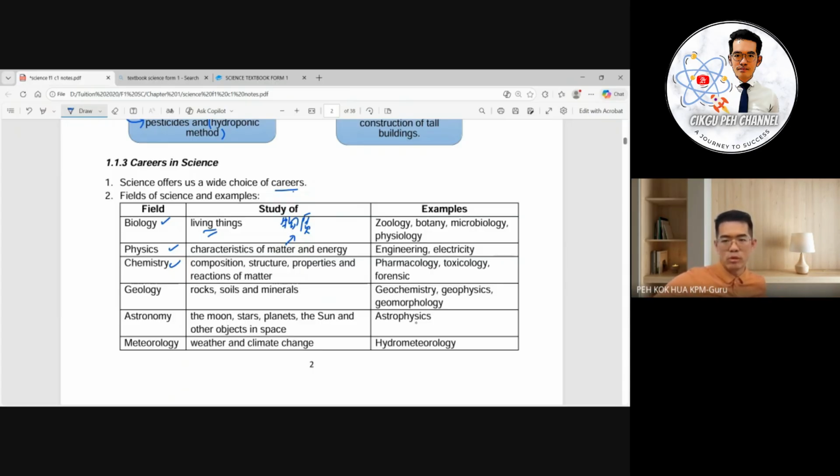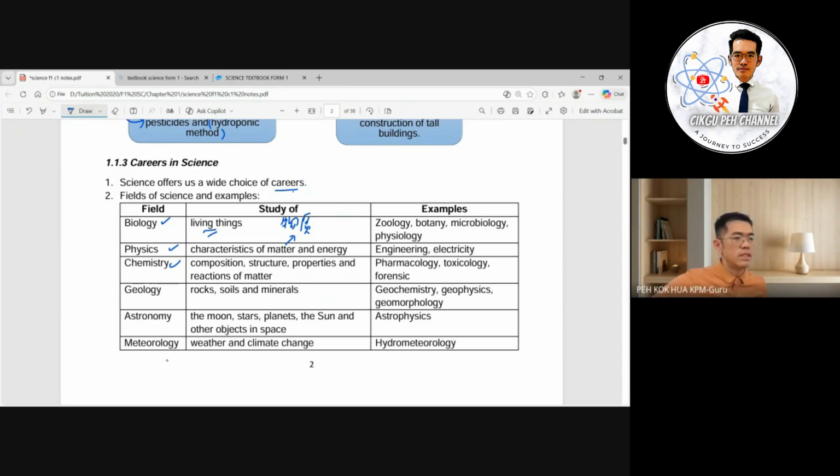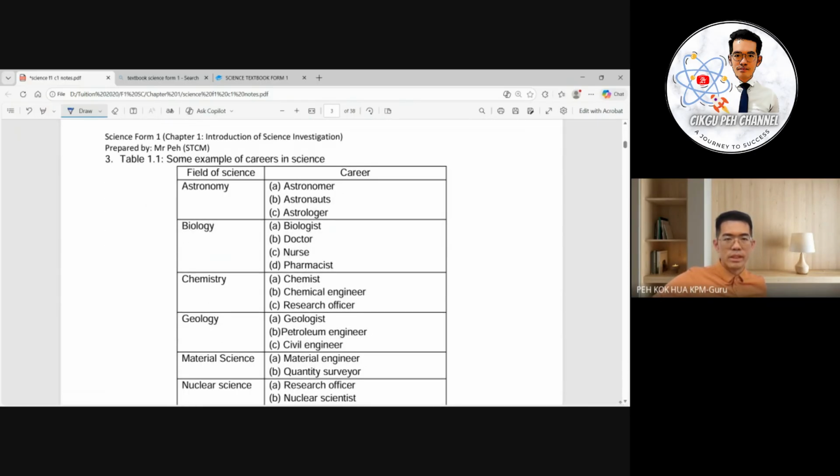Subject related is astrophysics. Then meteorology, 气象学,对不对？Okay, so study about the weather, climate change. Then example, subject related is hydrometeorology. Okay, then we go to the table 1.1, page